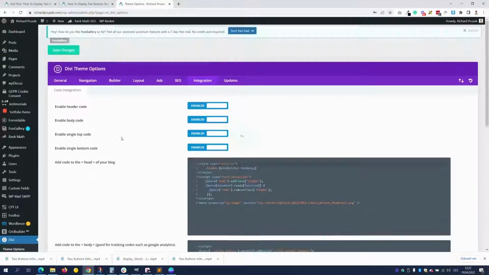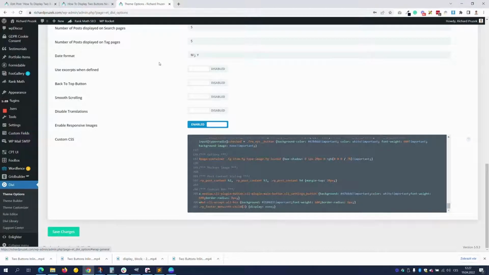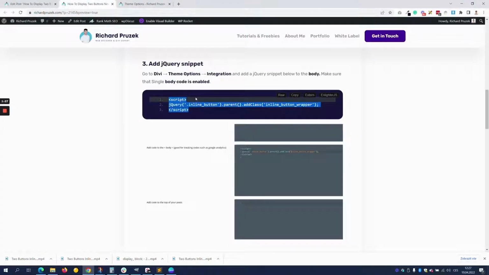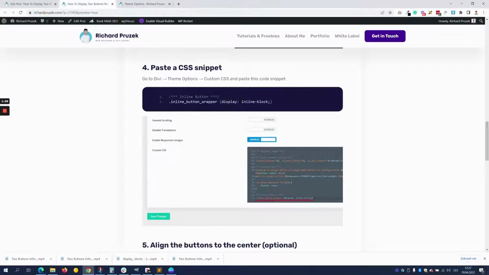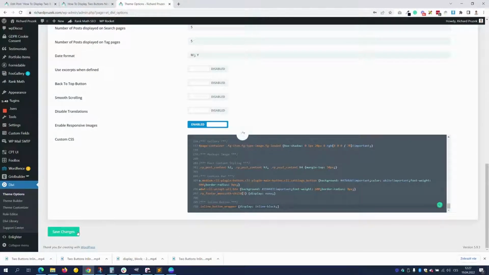Save it. Then stay in Divi theme options, but go to the general tab, scroll down to custom CSS, go back to the written part of my tutorial, scroll to step number 4, which contains a CSS snippet. And as you can see, we changed the red part, the outer part of the button, to be displayed inline block. So copy the snippet and paste it here to your style sheet, save it, and then when we visit